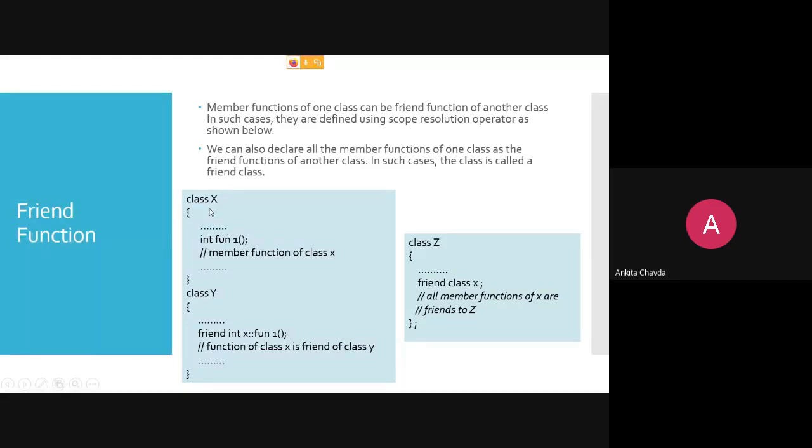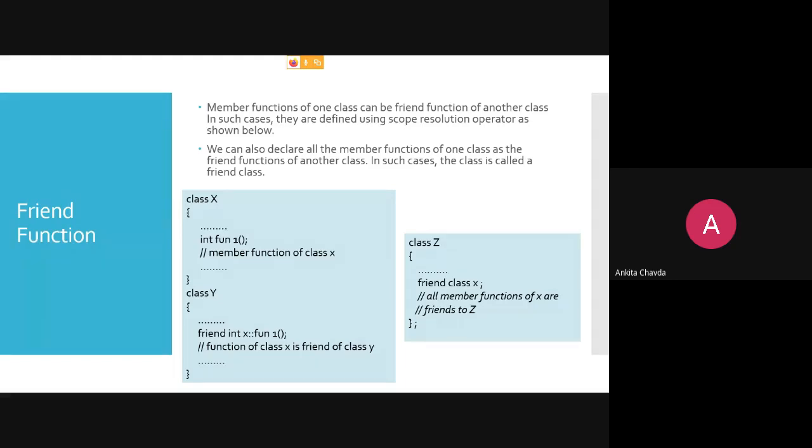Here this function is a part of class X, like integer function 1, and class Y is just a friend of class X, so that is why it can use this function. So here friend integer function 1, but from which class is function 1? It is of class X. So X scope resolution operator and function 1. So a function of class X is now a friend of class Y, and it can use it. Getting this?